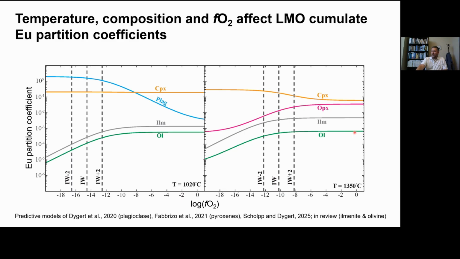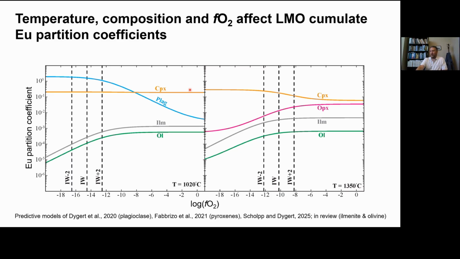So note the partition coefficient variations with FO2 differ. So olivine and ilmenite both decrease as FO2 decreases, but clinopyroxene increases as FO2 decreases, at least at this temperature for this particular composition. Note at a lower temperature, there's no appreciable variation in the europium partition coefficient as a